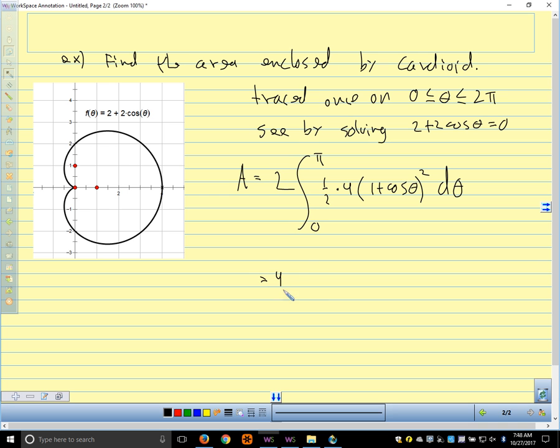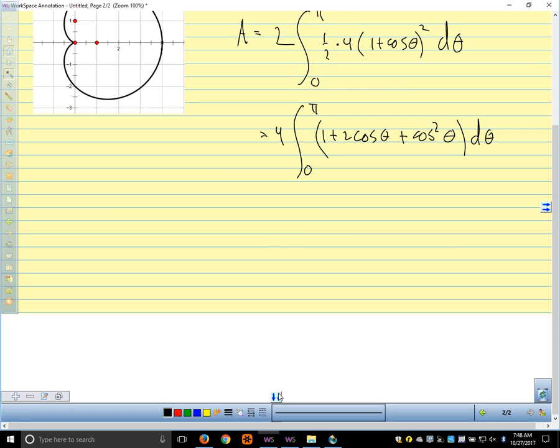So we end up with 4 times the integral from 0 to pi of 1 plus 2 cosine theta plus cosine squared theta d theta. Well, these first two are pretty easy, right? What about that one? We have an identity. This type of quantity shows up frequently in polar coordinates. So we're going to say this is 4 times the integral from 0 to pi of 1 plus 2 cosine theta